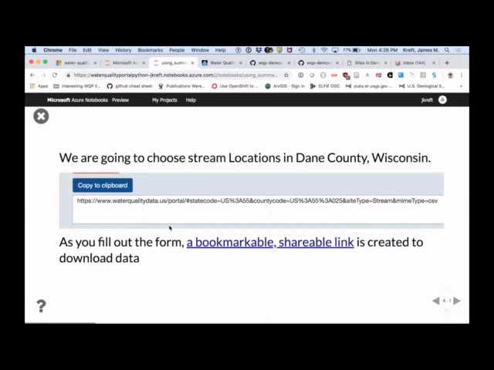So we're going to choose stream locations in Dane County. Something that is worth noting is that at the bottom of the form, which we've shown you before, you get a cool bookmarkable, shareable link. So if you do the same query on a regular basis, or you want to share that query with someone else, you can click on that link,